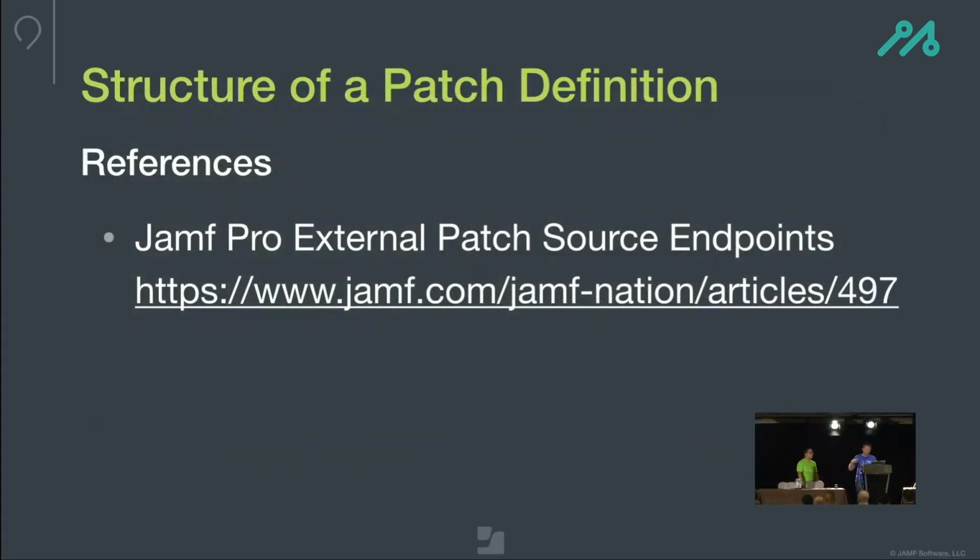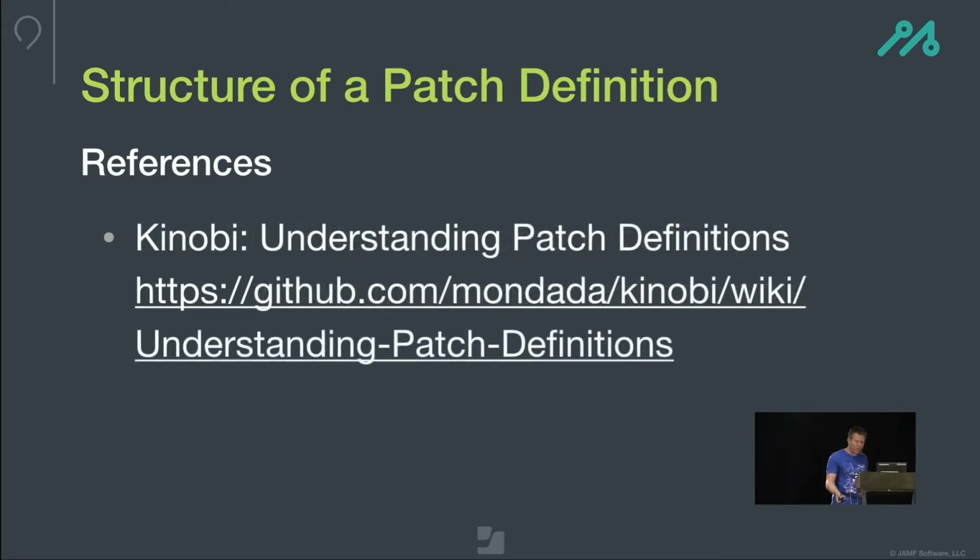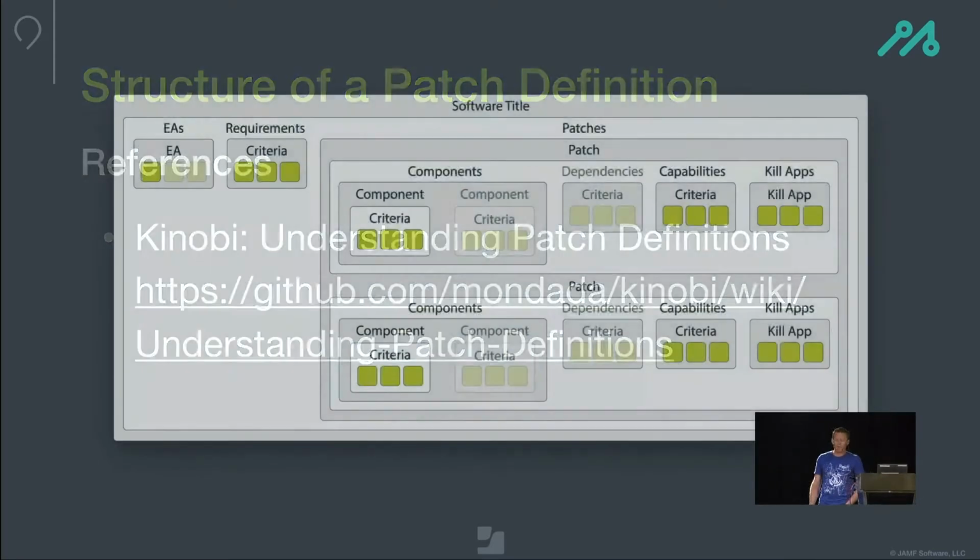A little more on this. We're going to dive into the protocol and the endpoints and structures and all of the bits and pieces that go behind it. Jamf has released a tech article, 497 at Jamf Nation, which is well worth a look because it goes through all of the stuff we're going to ramble on about. It has great detail about the structure of the patch objects themselves. We also put up an article in the wiki for Kenobi's Git repository, so if you follow that URL we can look through it. We also came up with a very nice infographic